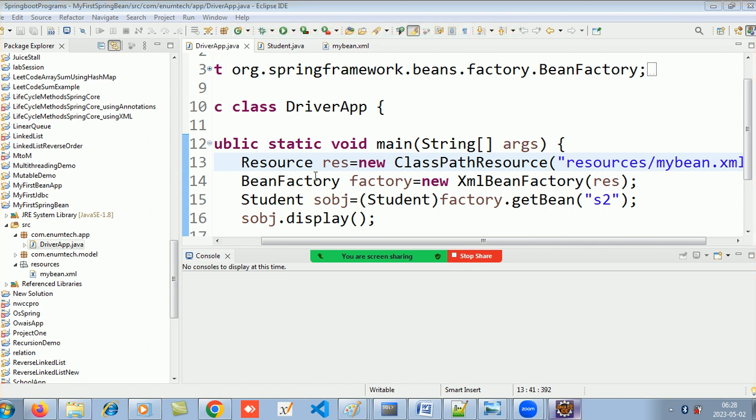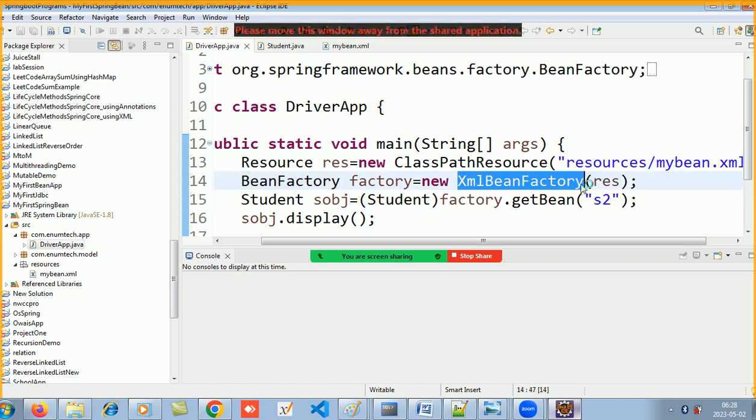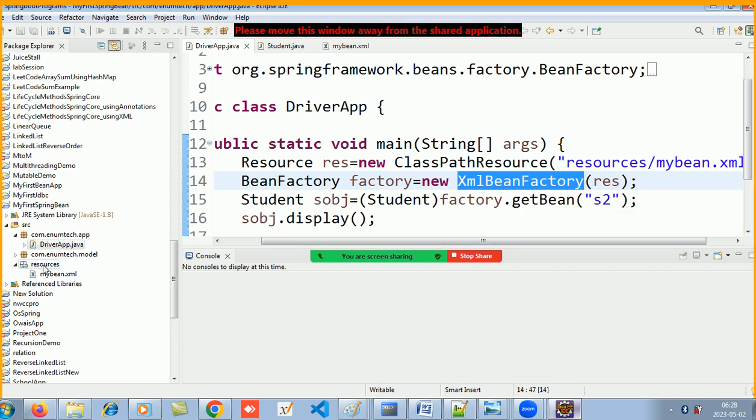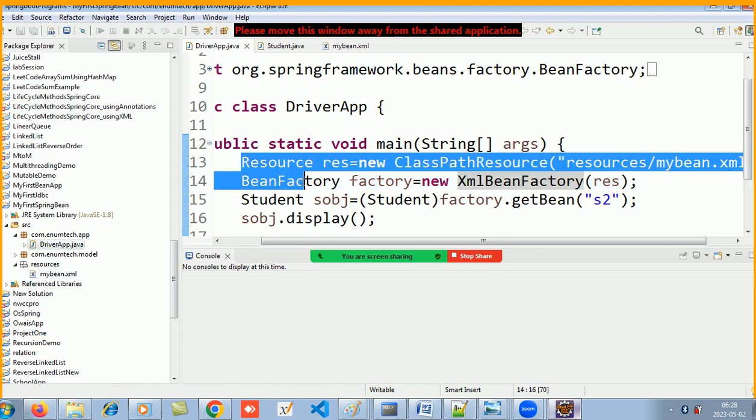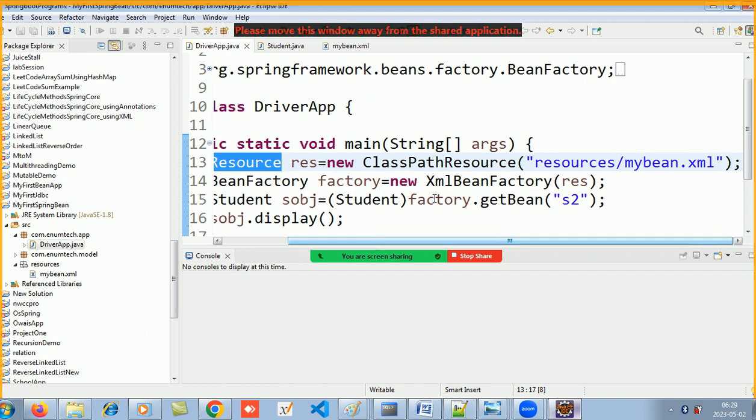So here I am using the core container, correct? So the interface and the class dictates that it is a core container. For reading the XML file, the XML file is in the resource folder, right? So to read whatever is there in the resource folder, I will make an object of this resource and then give the path of the resource folder. So you see it's under resources and this is the name of the XML file,